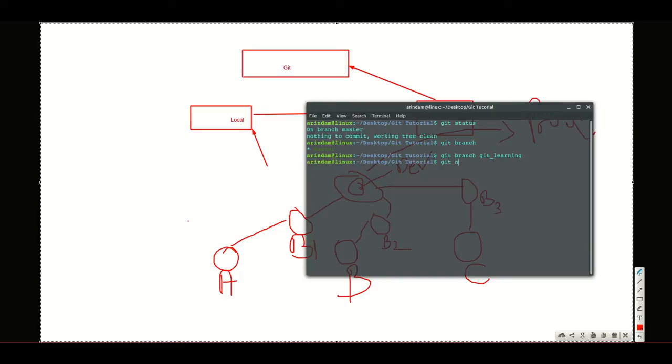Now check git branch to see how many branches there are. See, master and git-learning, but you are still in the master branch. How to switch to another branch? git checkout then the branch name, that is git-learning.